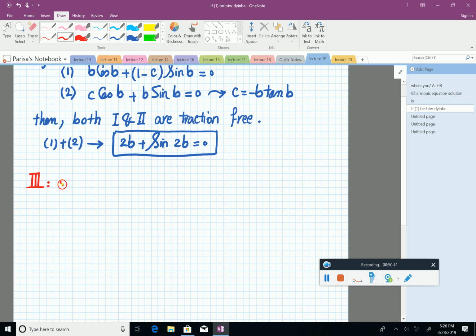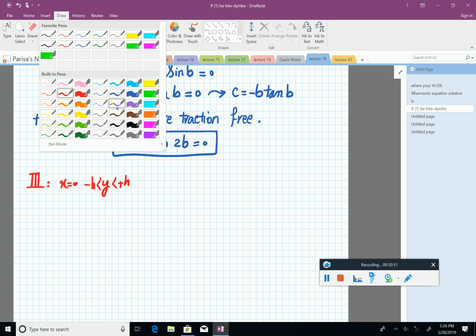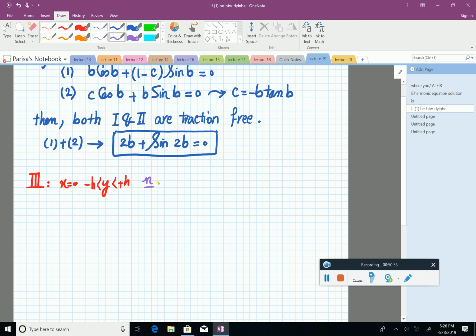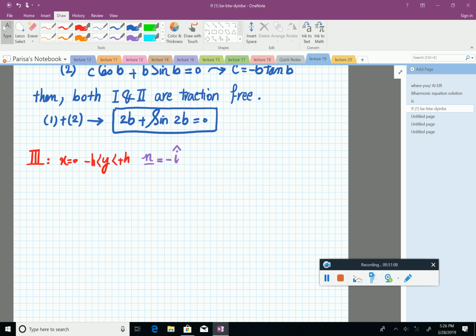So x is equal to 0, y between, and how about n? Exactly, negative Rn. So now if we write tx and ty,